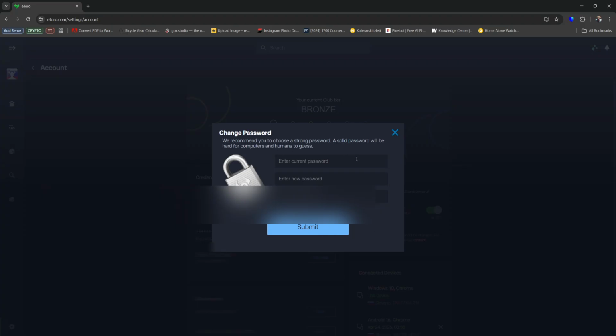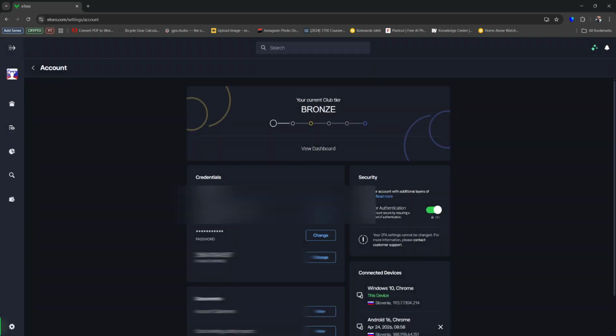And now you will type in current password, and then you will also type in the new password and confirm new password and then submit. And with that you will change yourself a password. And this is pretty much it, how you can